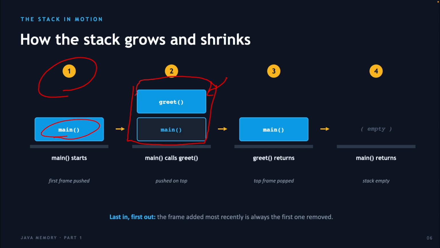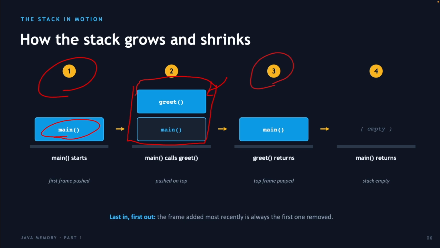Main is still there, it has not disappeared as of now. It is still there, but it is paused. Consider this color as paused now. It is waiting for greet to finish its task. Okay, so if you see in step 3,